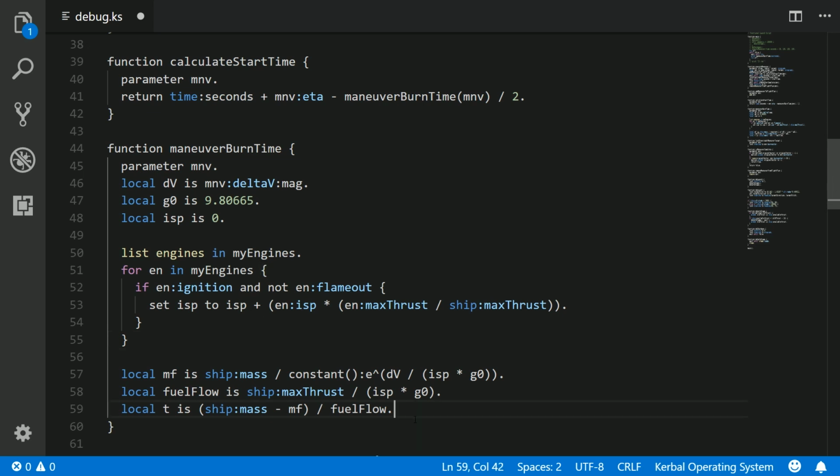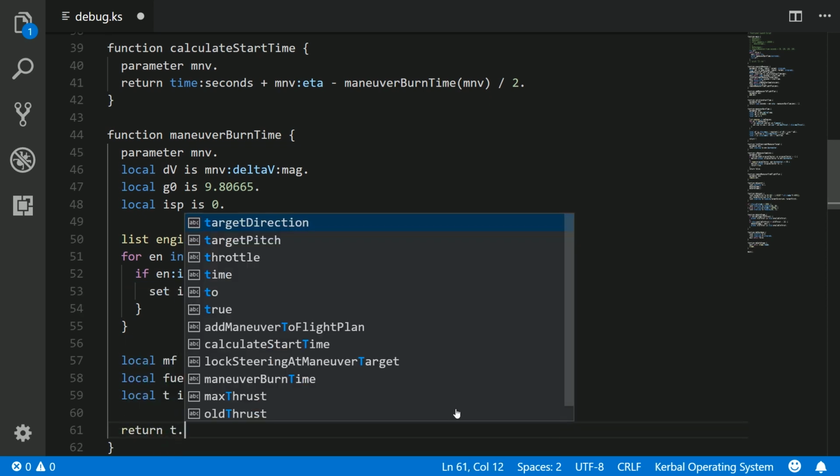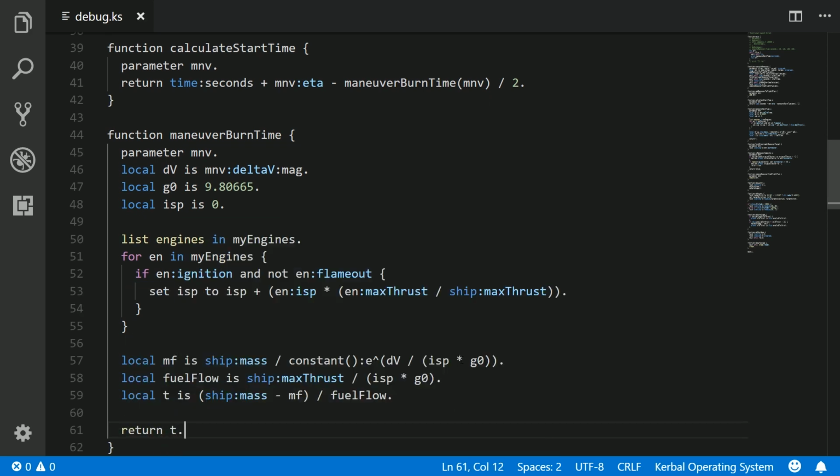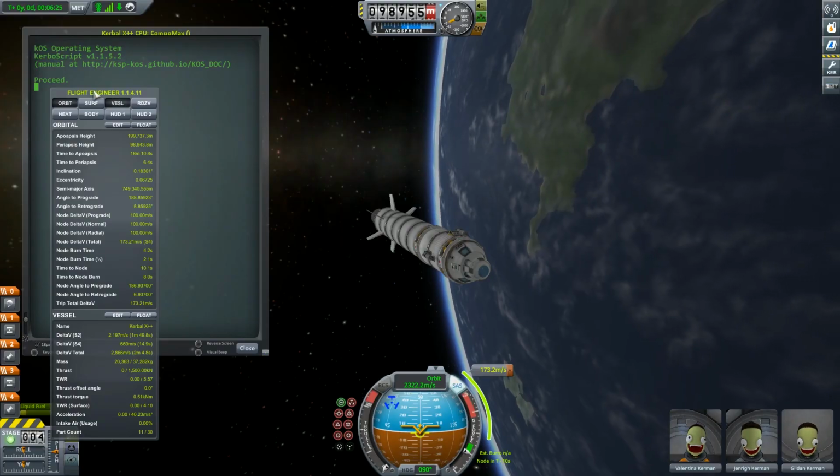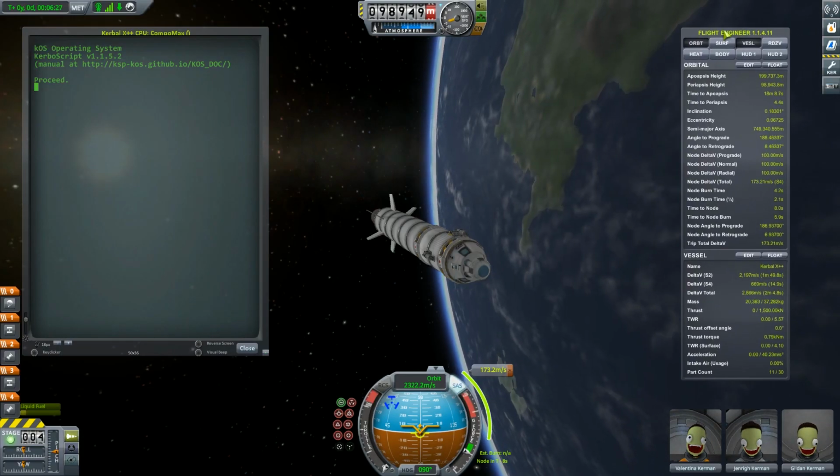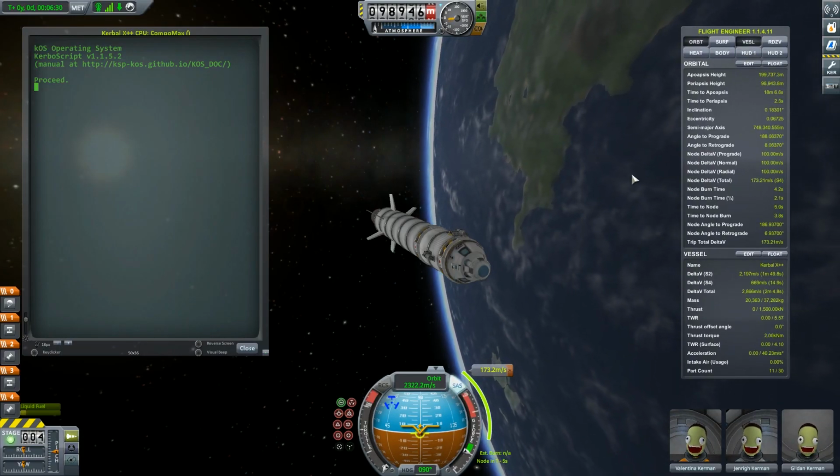So now we have this function. We have this math that's gone down here and been rather scary. We finally have that t value. Let's go ahead and return it, and we can jump over into KSP and start debugging all of the mistakes that I'm not yet sure that I've made yet. What? Grammar. All right, and here we are, and I've actually installed Kerbal Engineer Redux